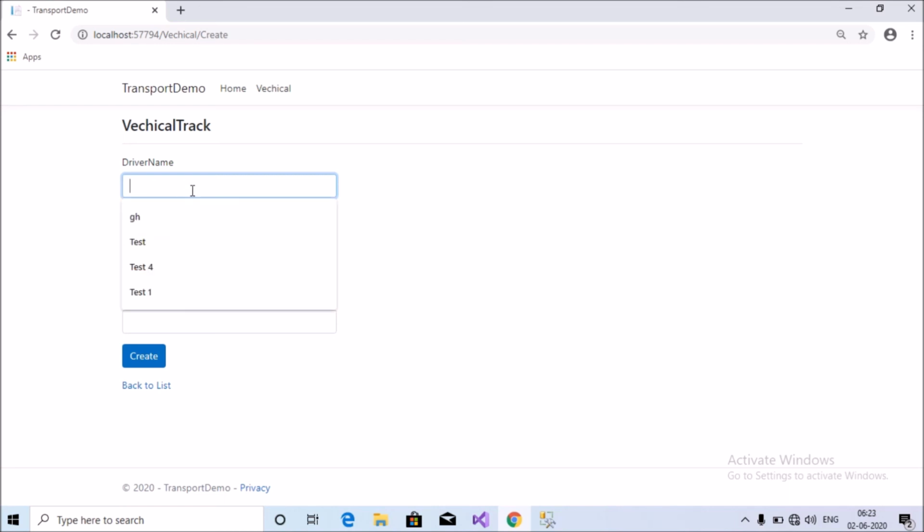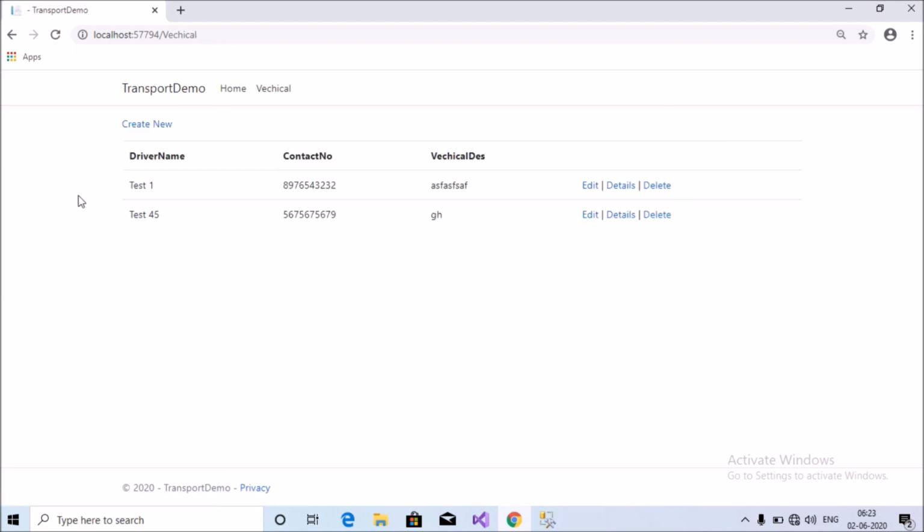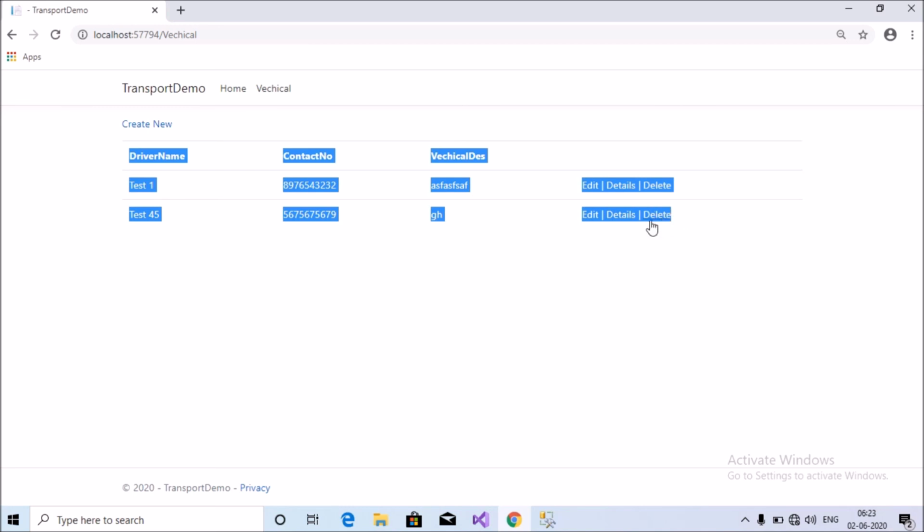Just put your test name like that, contact number like that, and vehicle description like that, and click on the create button. That means the record has been successfully created. Test 45.